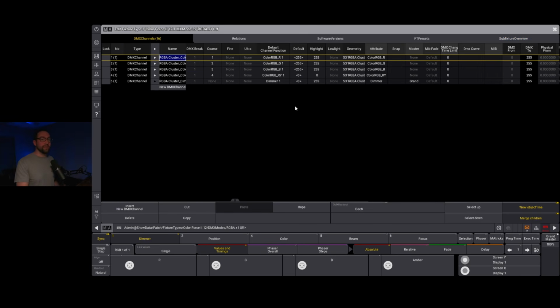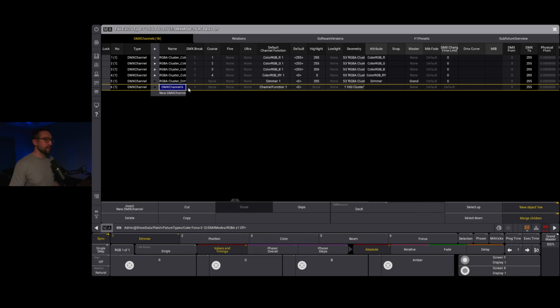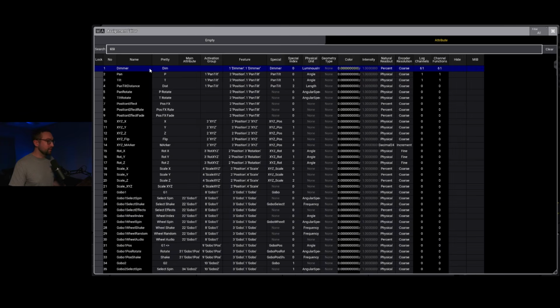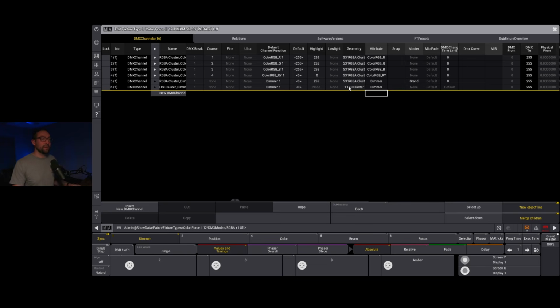So now that we've got that done, we've got a virtual dimmer set for the instances. Now we need one set for the parent fixture, the main fixture itself. So we're going to go ahead and add one more DMX channel. We're going to make it a dimmer. Now this is, again, where I was talking about paying attention to the bodies or the geometries for the fixtures. We know we want this to be the parent fixture or the body, which typically is like the highest value in the hierarchy of how the fixtures are created in MA. I don't think I have better terminology for it there, but